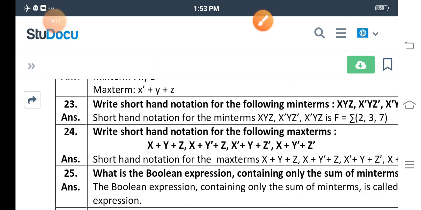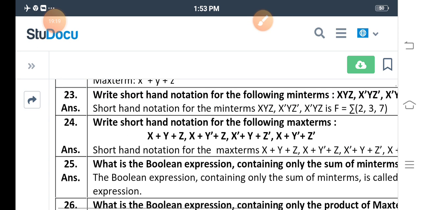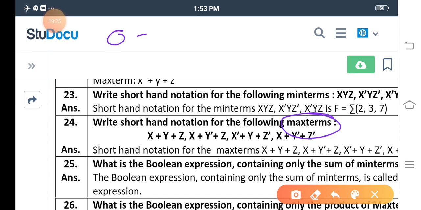Now next, shorthand notation for maxterm. Now this is again homework for you because here we have to find out for maxterm, and remember one thing, in case of maxterm 0 will be represented by uncomplemented and 1 with complemented. In maxterm, what do we use? Maxterm is the same as a sum term. So if we have x plus y plus z, just for one I am telling you. So x plus y plus z